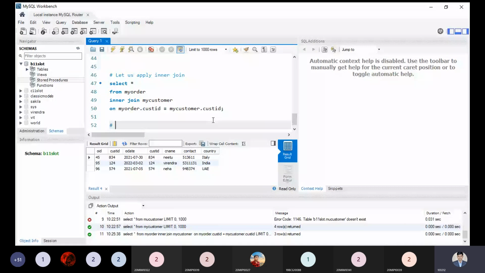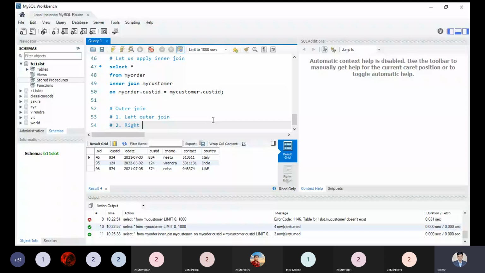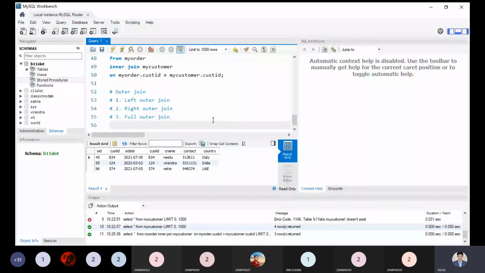No need to discuss more over here because we know the fundamental thing. Now, talking about the outer join, as we know, we have seen three different kinds of outer join. Left outer join. Next, the right outer join. Yes, of course, we have also seen the right outer join. And the next one, you want to remember, the full outer join. From this perspective, what are the various kinds of outer joins we can apply? So let us implement all of them.